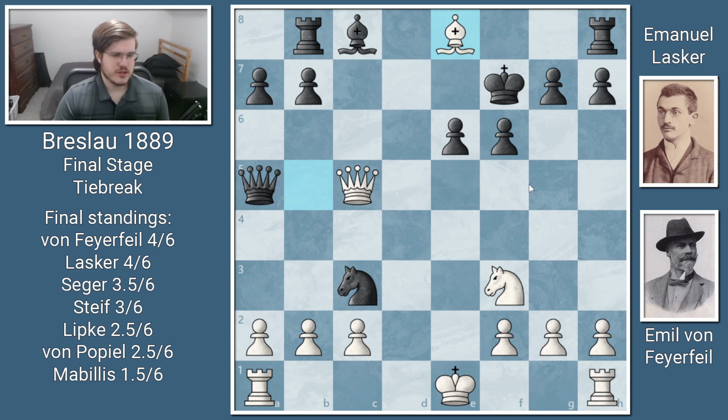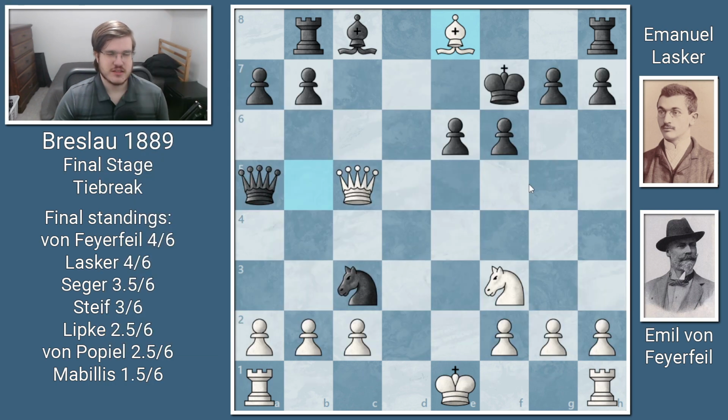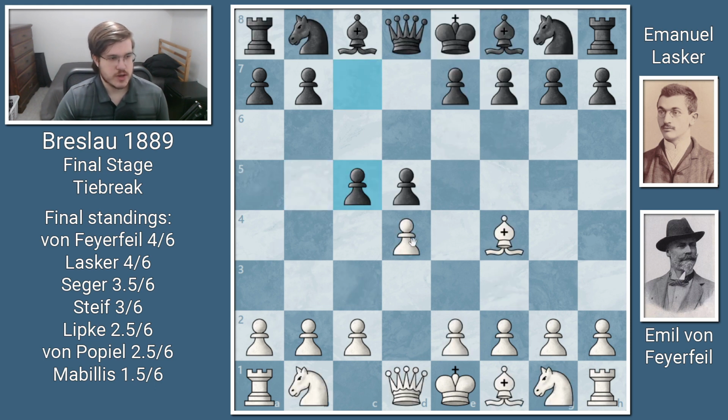It feels weird, I'll admit, that for both of the games between Feyerfeil and Lasker, I've been able to talk about a game that Chigorin lost at a tournament he won, as he co-won the New York 1889 tournament. It's a really weird pattern, but anyway, getting back to our regularly scheduled programming,